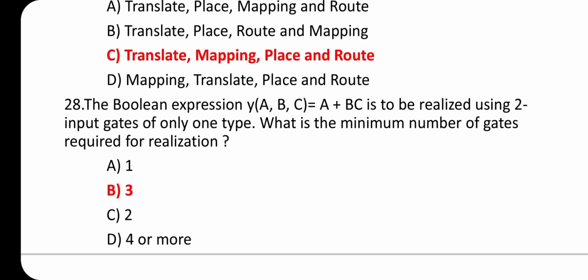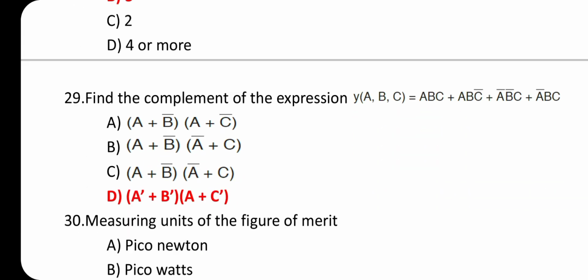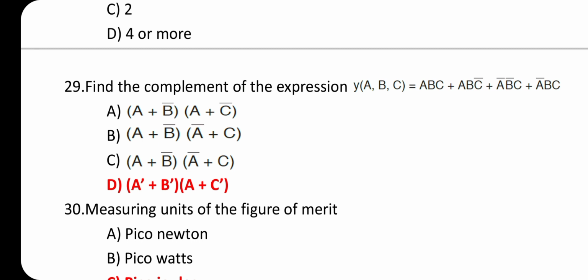The Boolean expression Y of A, B, C equals A plus BC is to be realized using 2 input gates of only one type. What is the minimum number of gates required for realization? Option B, 3. Find the complement of the expression Y of A, B, C equals ABC